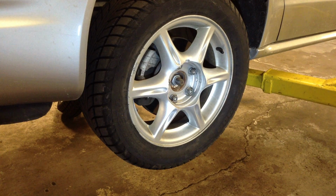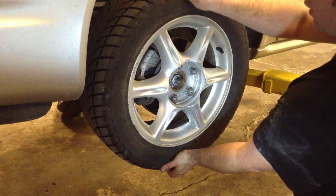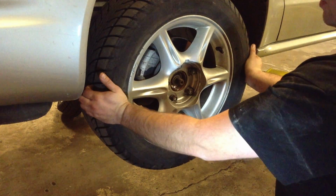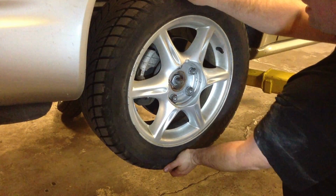Today we've got a 2003 Oldsmobile Alero in, and we've got a bad wheel bearing. We can notice that by the rock top to bottom in the wheel right here. There's excess movement, bad bearing. It's different than what you would see left to right. That's a sign of a bad tie rod end. But here we have noise and play, and we're going to replace this bearing for you today and show you